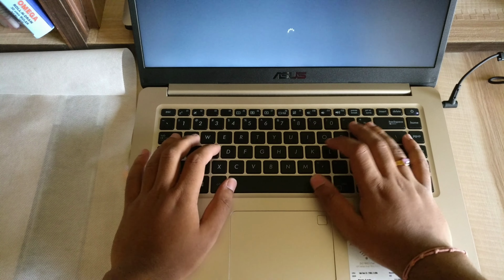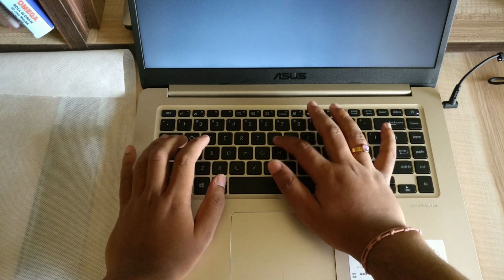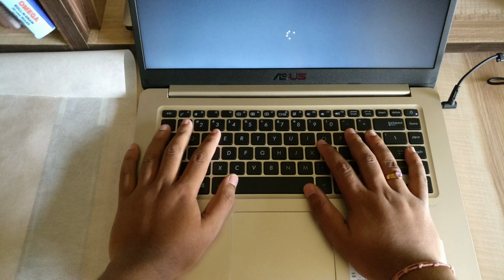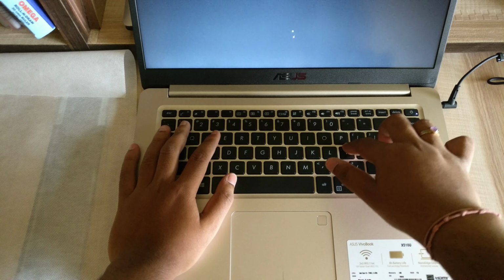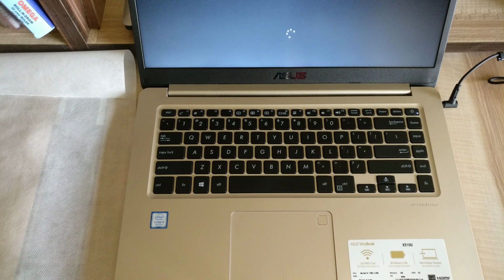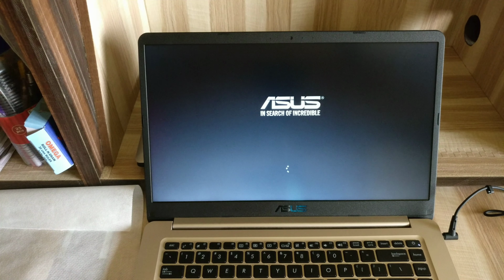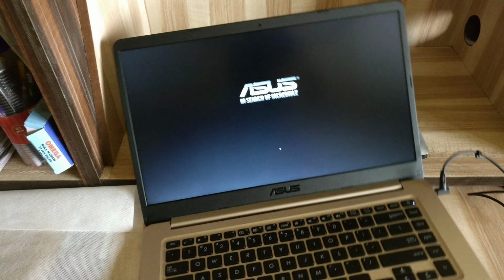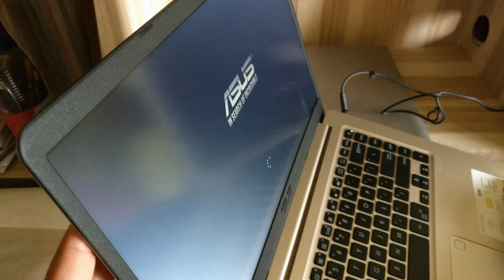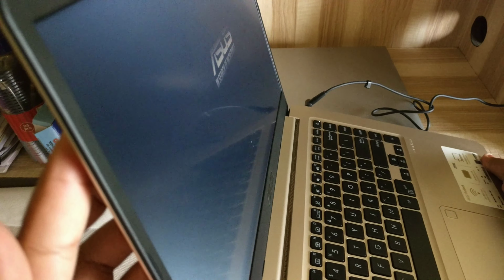Basically I haven't used the keyboard, but yeah, there is a considerable amount of palm rest. Yes, there is flex in this keyboard. It is made of complete plastic. The display angle seems to be alright. Let's tilt this display and check. It is an anti-glare display, as you can see. It's pretty